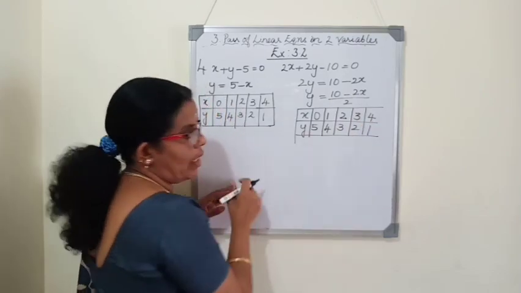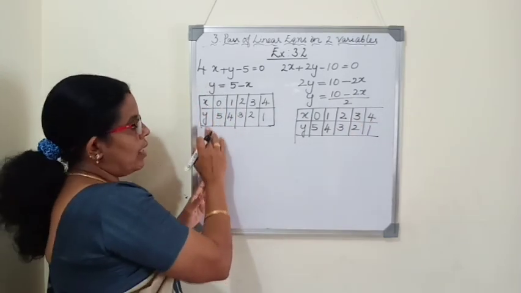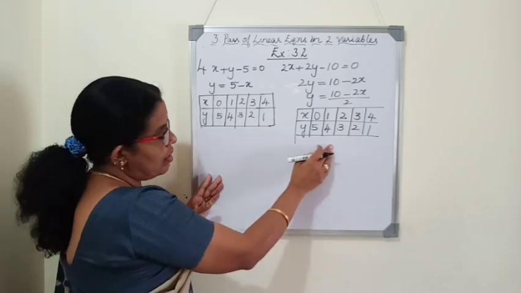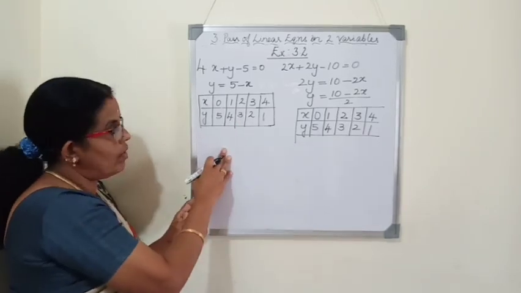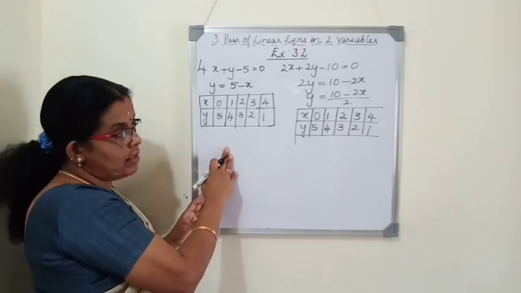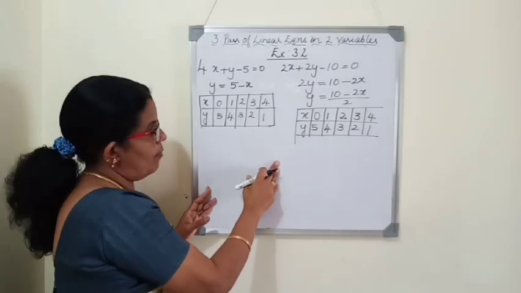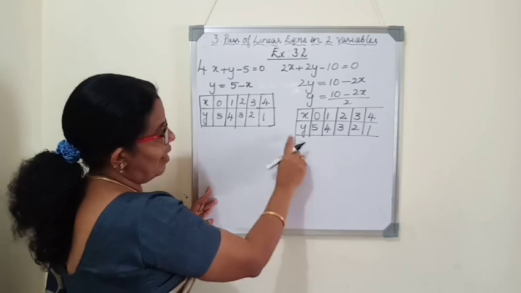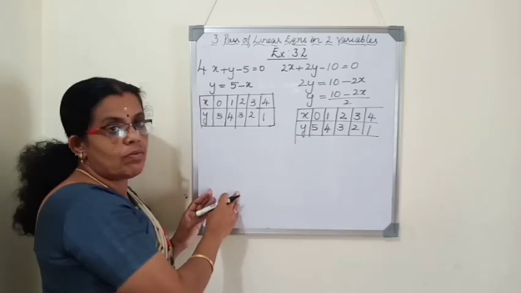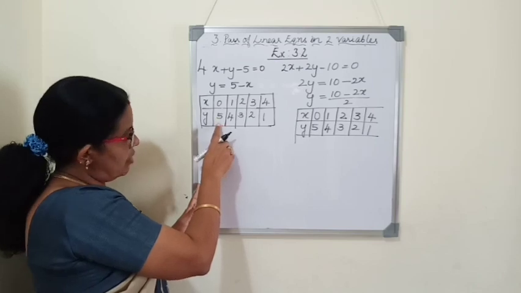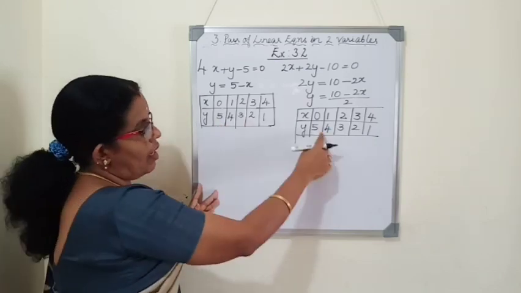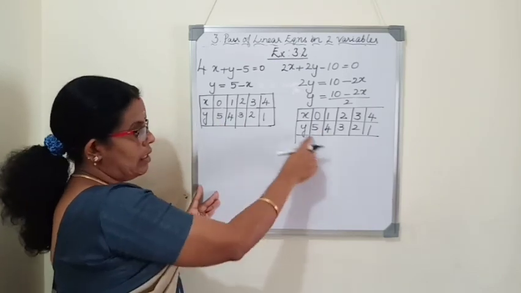Now we see both the tables. For x and y, we got the same solution, same values we got. Before itself, we checked the ratio and we told that coincident lines, infinite number of solutions. So, as we got the same values for x and y, lines will be coincident. That means, when we draw the graph, the straight line for the first equation, the same we will get for the second. One on the other we will get.